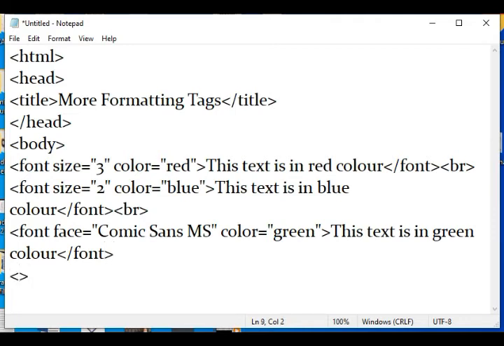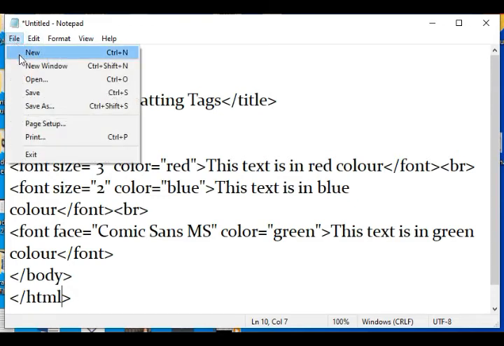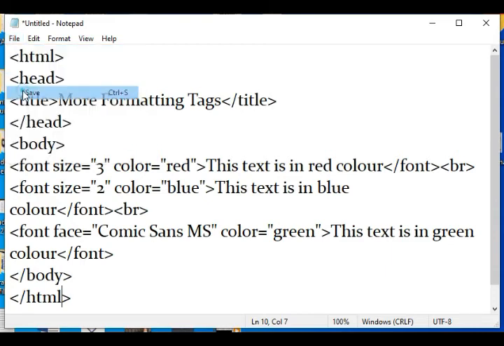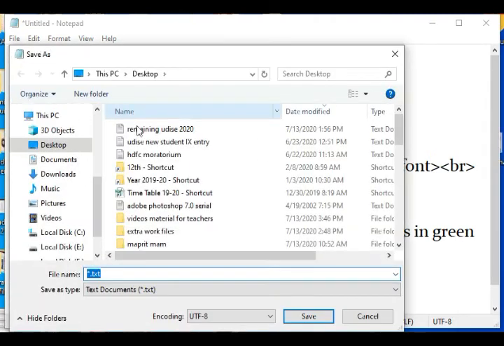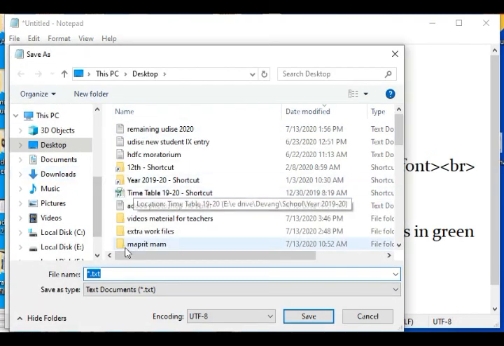Now you can see that font size 3, the first line you can see in red. In the second font tag we have used font size 2 and it is in blue color. In the third we have changed the font type, that is the type of font. So the face attribute we have used, and whatever we have mentioned, Comic Sans, our text is displayed in that particular format and in green color.